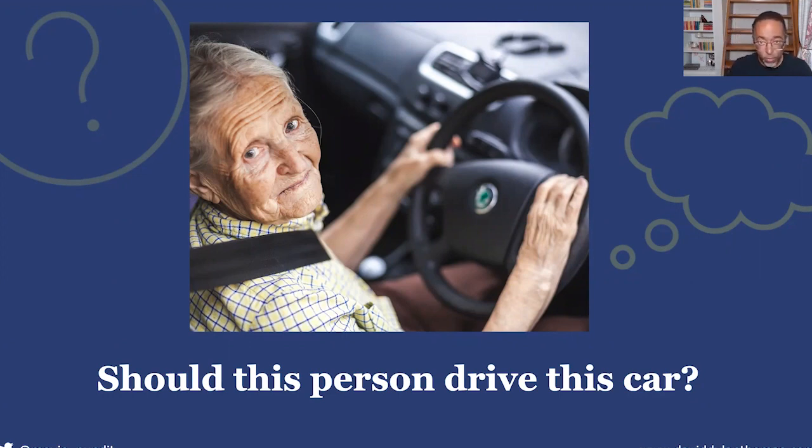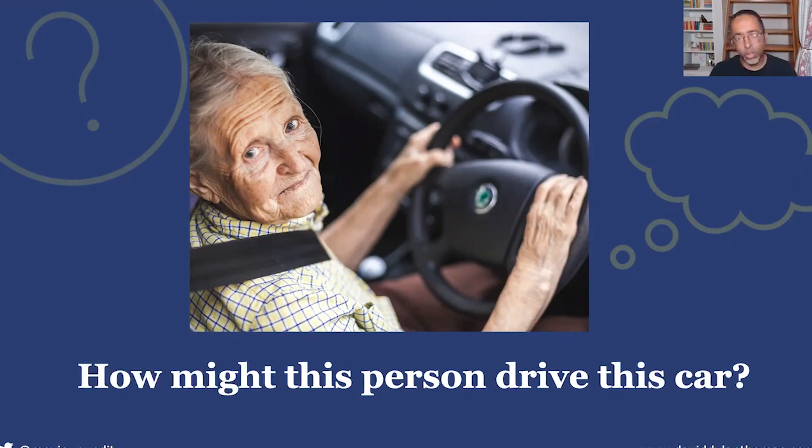Now you can show the same photo to another audience and ask, how might this person drive this car? And what you'll get is basically a design discussion. Some people might say, what if we change the shape of the steering wheel? Or what if we move the dashboard? And what you'll learn by the end of that conversation is several different ways that person might be able to drive that car. I only changed 2 words, but by changing the frame of the conversation, I changed the entire conversation.